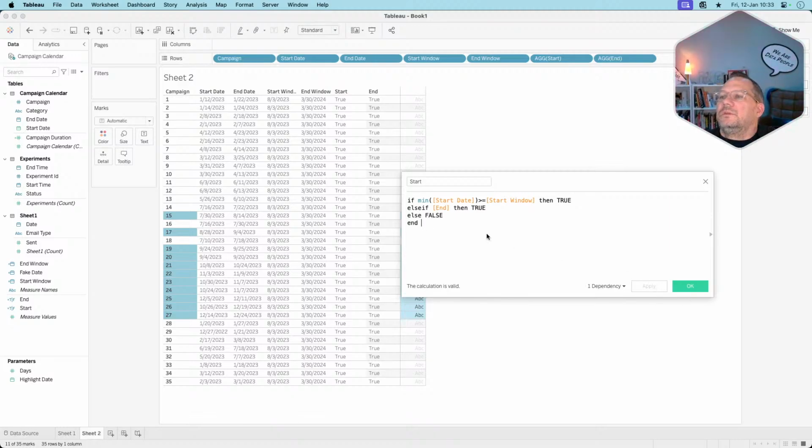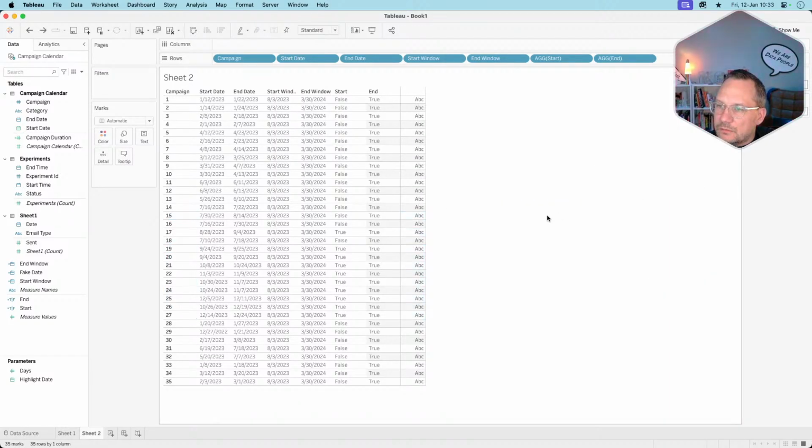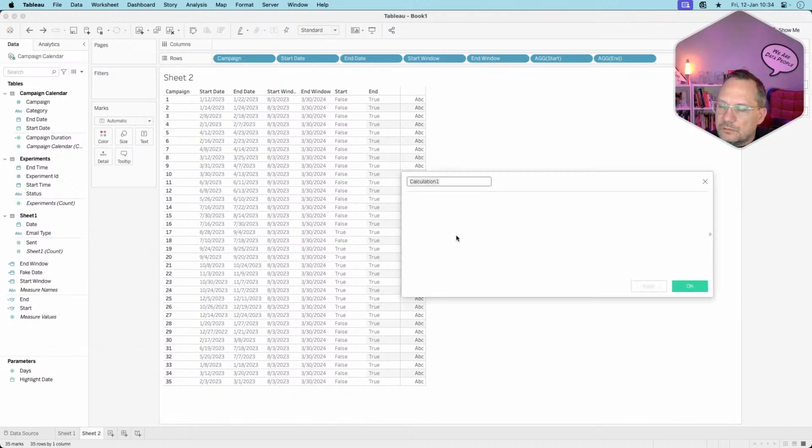Everything's true, right? Okay, so I feel like I'm overcomplicating this. I've got everything matching except for this guy. So should we do it based on the end first? No,